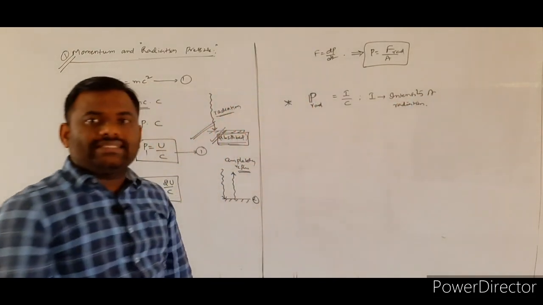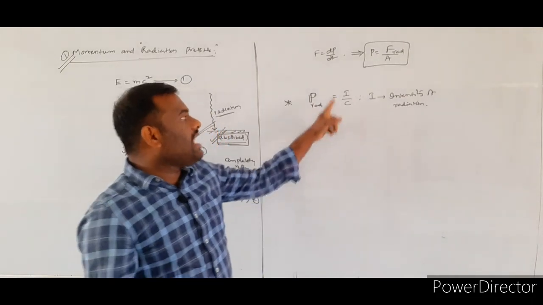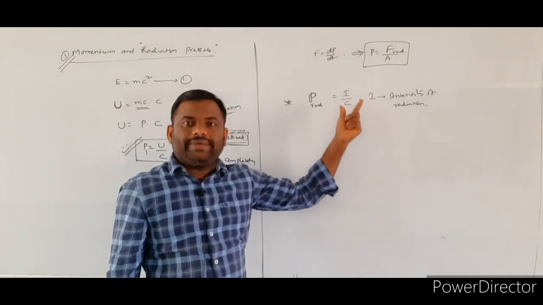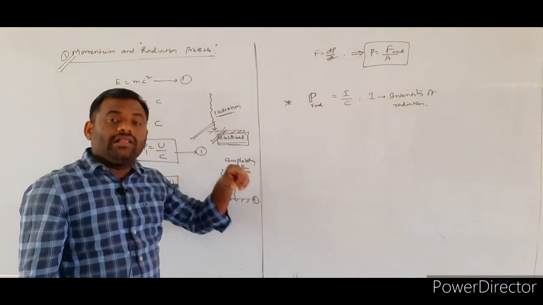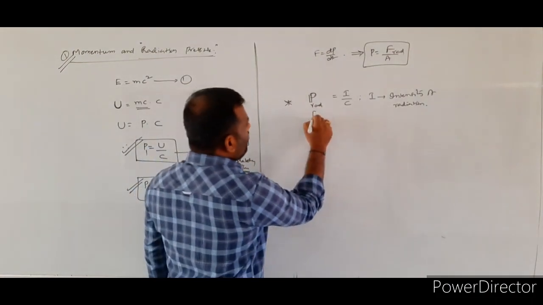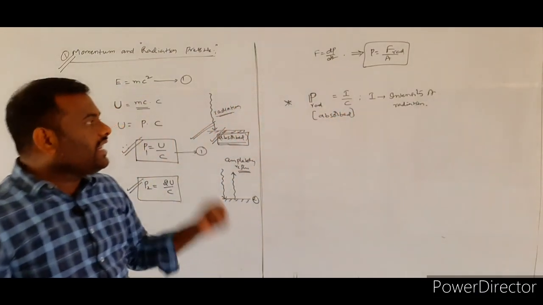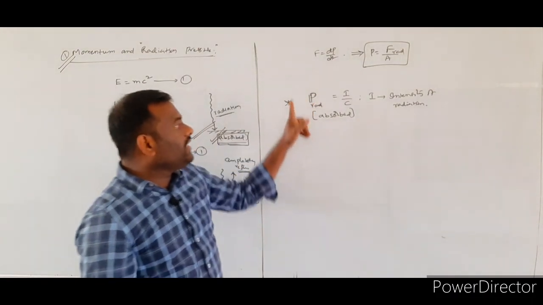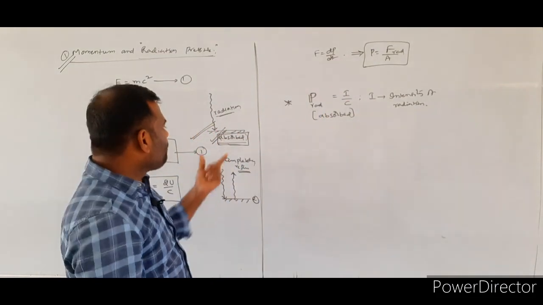Whenever we consider electromagnetic radiation which has a definite intensity and is traveling with the speed of light, such radiation is incident on the given surface. Which case do we consider here? Whenever the incident radiation is completely absorbed, the radiation pressure exerted by the incident radiation is P radiation equal to I by C. This is for the first case, whenever the radiation is completely absorbed.